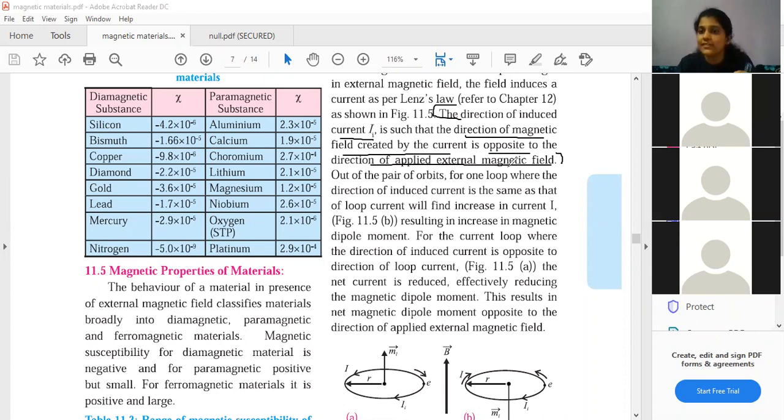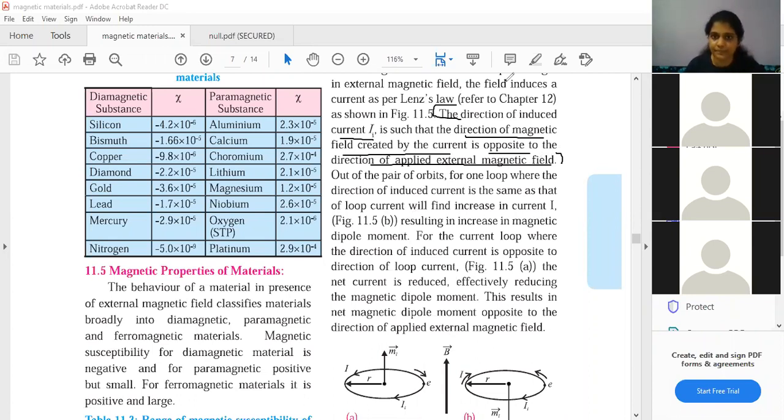This is what Lenz's law is, and this is what I just explained to you all. जो अलग से डायग्राम बना के मैंने दो सिनेरियो बताया, कि एक anti-clockwise and clockwise. So why the anti-clockwise is not preferred, clockwise one is preferred. Okay, so in clockwise one, what is happening? Magnetic field, because of the induced current, is in opposite direction to the applied external magnetic field. This is what Lenz's law is actually, and obviously here also Lenz's law will be followed.